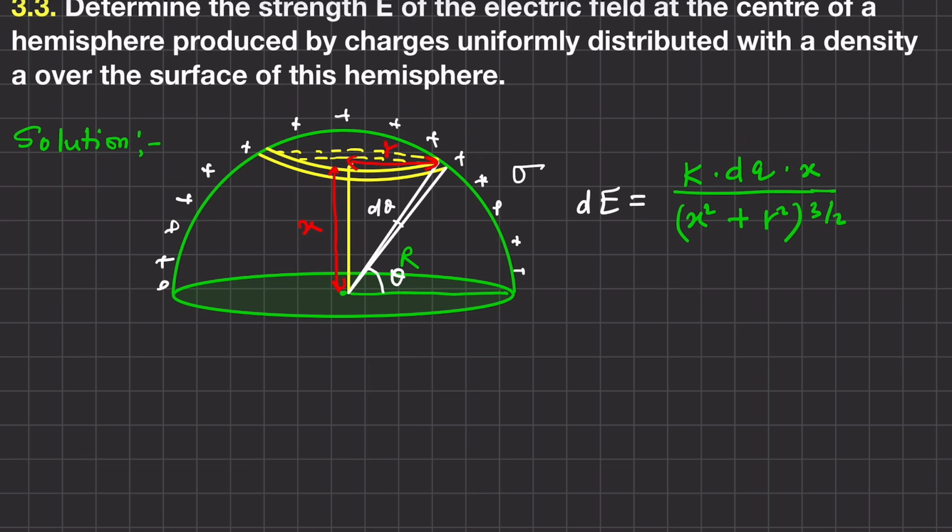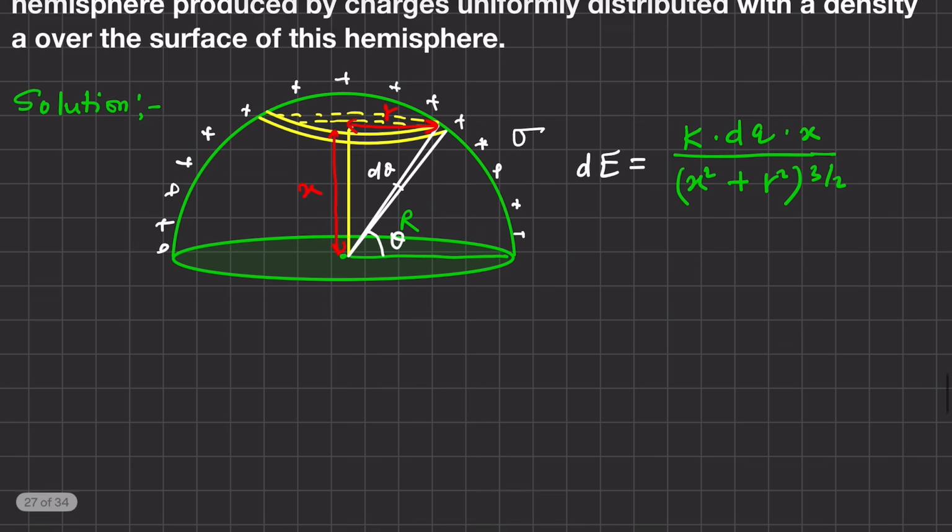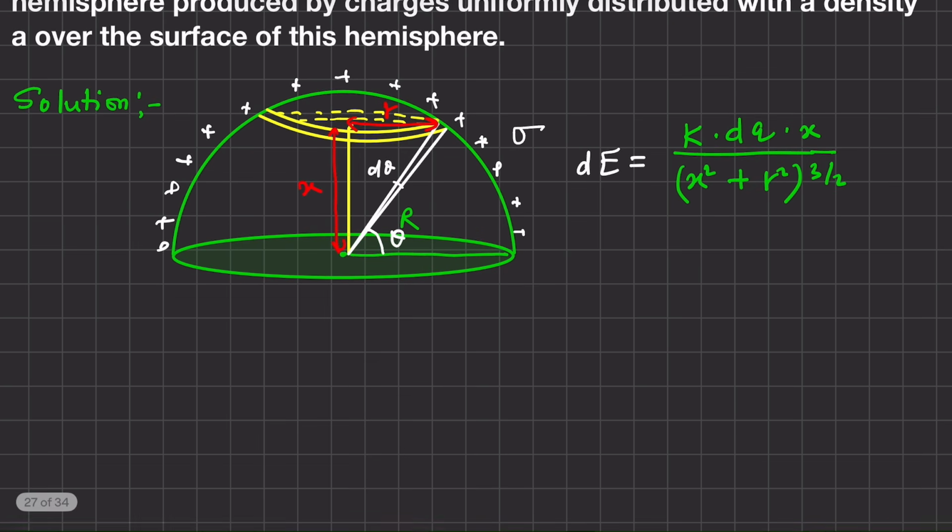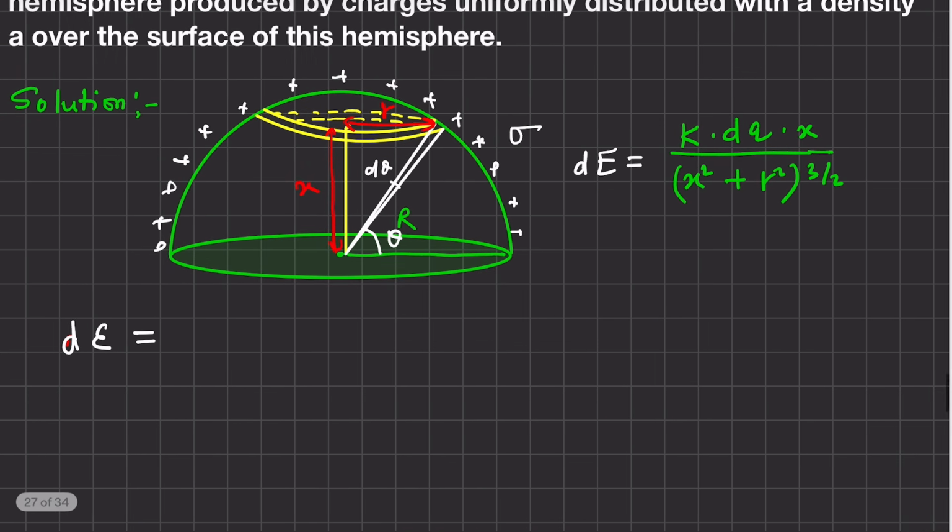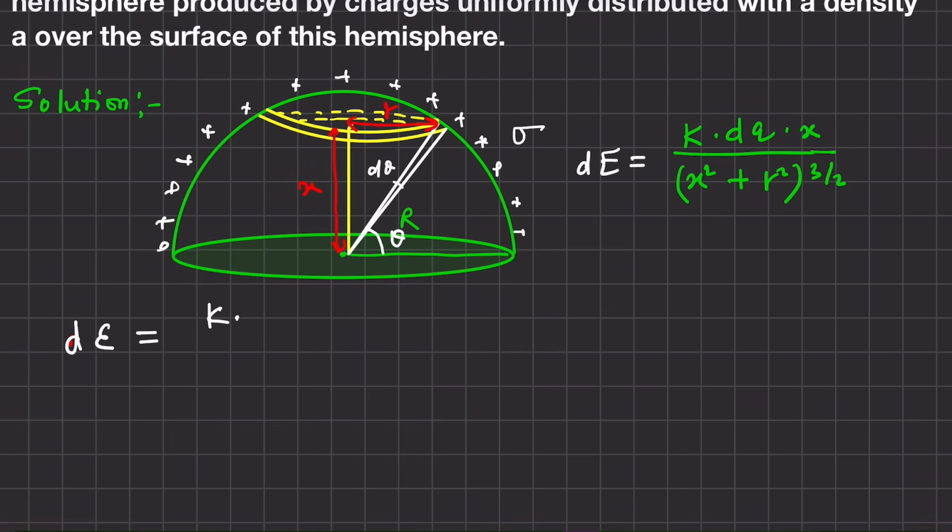So let's write the x and r as well as dq in terms of theta and sigma, so that the variable that we are going to have will be only a single variable, and then with the line integral we can solve the problem. Okay, so if you see here dE,